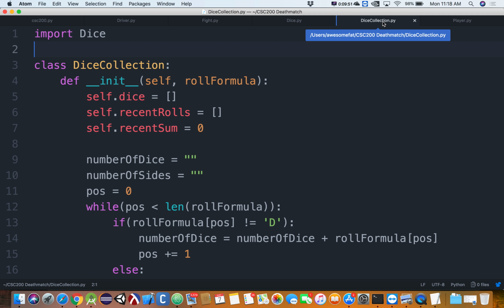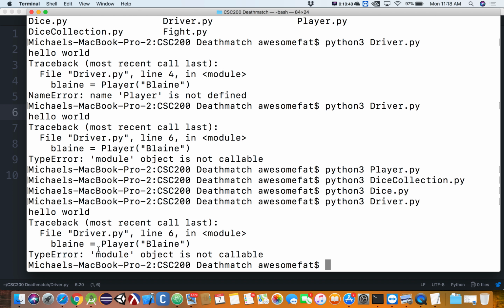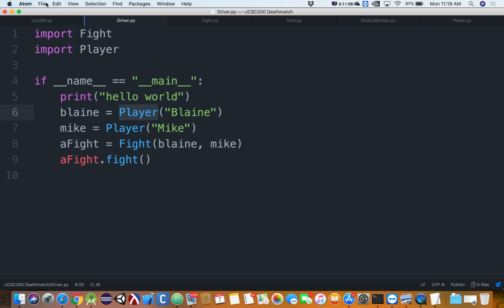All right, let's see how that guy cooks now. What? Object is not callable. That was unexpected. Let me try something here real quick. I'm just going to create two new little